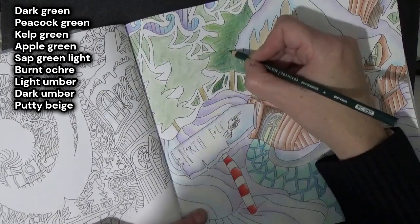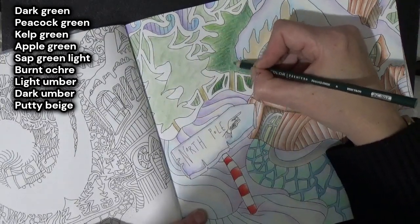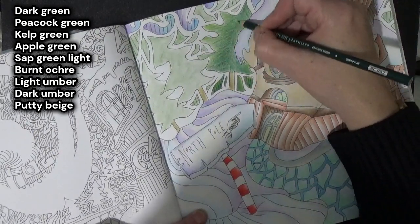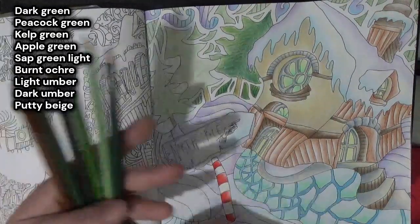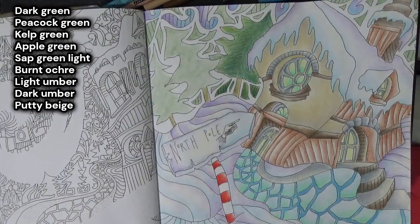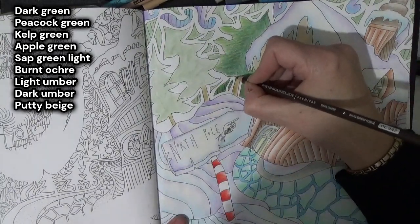Just filling that gap in up the centre. There we go. Alright, so all of those colours, goodness me. And then I'm going to take dark umber. Yeah, dark umber. And the light umber we used earlier, and we're going to do the tree branch,